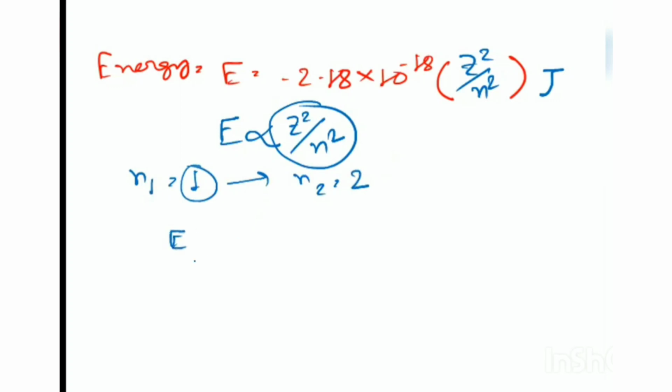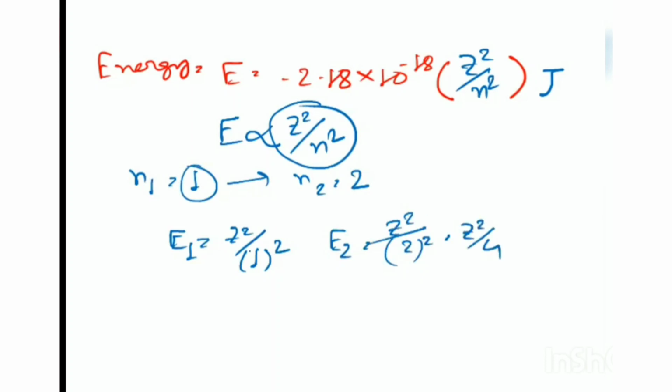Now how can we deduce that? Let's suppose the previous energy, that is E1, was Z square by 1, because it is said that n1 equal to 1, and it is the same atom, so Z is not changing, right? So what will be E2? E2 is Z square by 4. We can easily write it from the previous equation because E1 has come as Z square. So E2 equals E1 by 4.